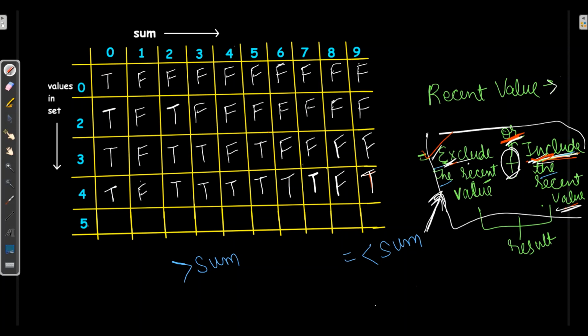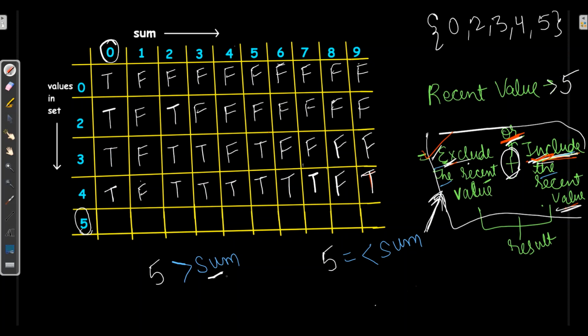Now the recent value is 5. So with 0, 2, 3 and 4, we have 5 value as the recent value. So here on the basis of 5, we will check the sum 0. 5 is greater than 0. So anyhow 5 won't be able to make sum 0.